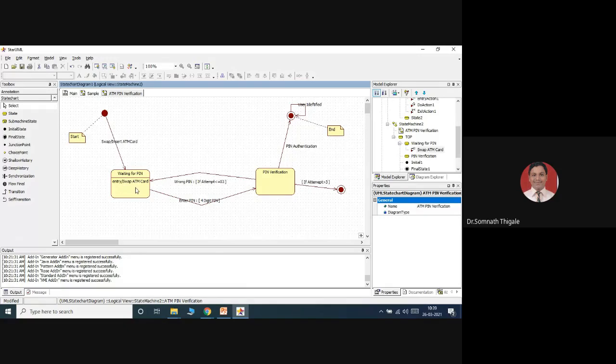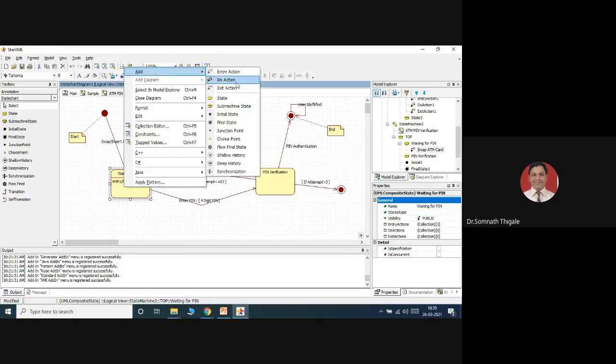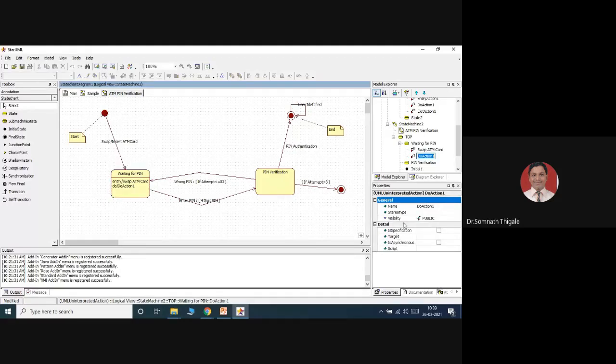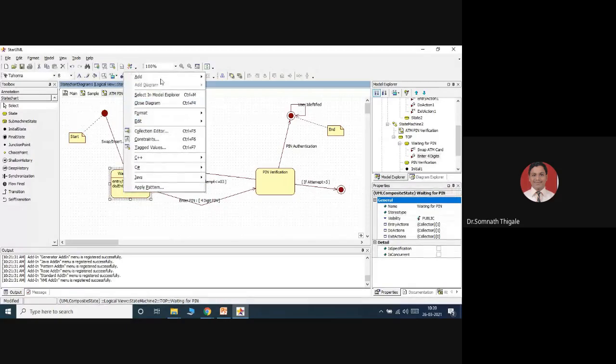What will be the do activity for this, or do action for this? Add do action. Do action, I will say enter four digits. And exit action here.